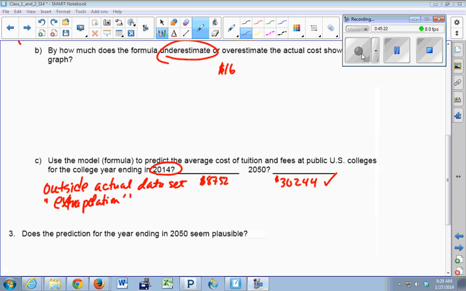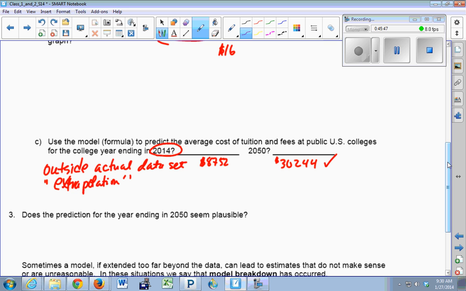You look at 2010, and what was the actual tuition, average tuition in 2010? 7,020, right? So they're saying 4 years later, about 8,700. Seems reasonable, maybe a little stiff, but then you look out to 2050 and you see 30,000. Geez, yeah. So one of the things you've got to be careful about is, first of all, does that seem